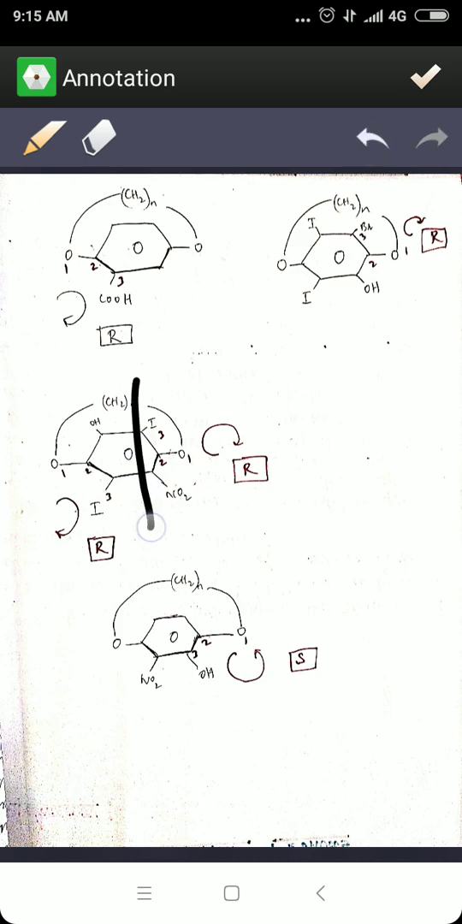Now when you look at this end, you can again just cross check. It is still going to be R itself, because nitro is getting lesser priority compared to iodine, because iodine, as I already told, is the first prioritized atom whenever you assign R and S configuration. And here again